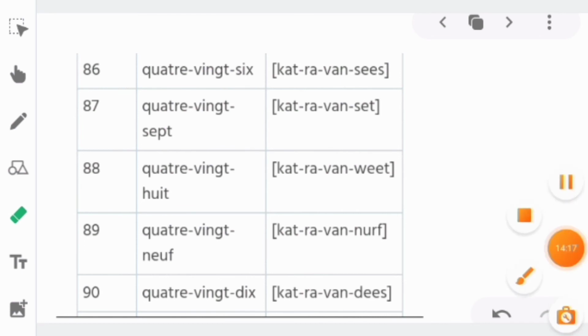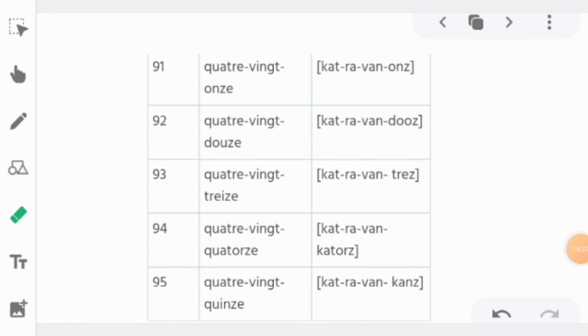80 DIX. Okay, now for 91 it will be 80 ONZE. 91 will be 80 plus 11. Okay, so QUATREVINGT for 80 and for 11 it will be ONZE, 80 ONZE. You can also see here that there is no ET now, because ET is used only up to 71. From 21, 31, 41, 51, 61, 71 only, ET will be there, not with 81, not with 91. So there is no ET.